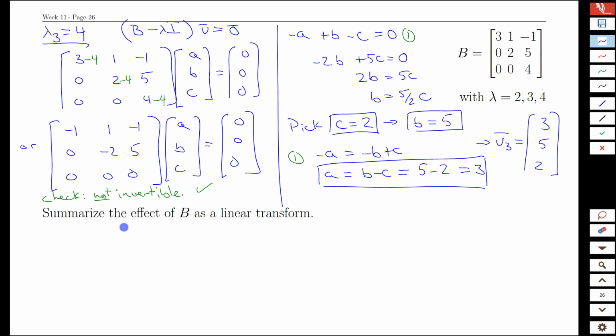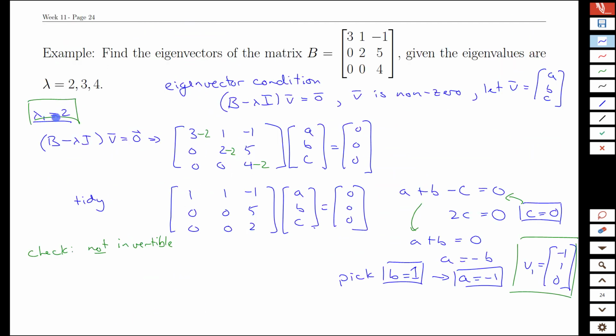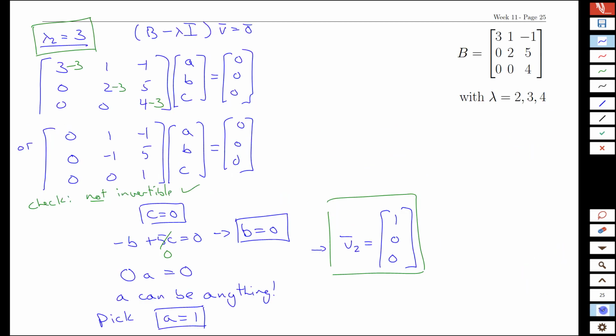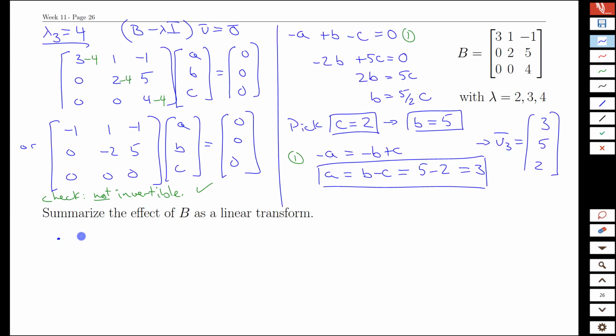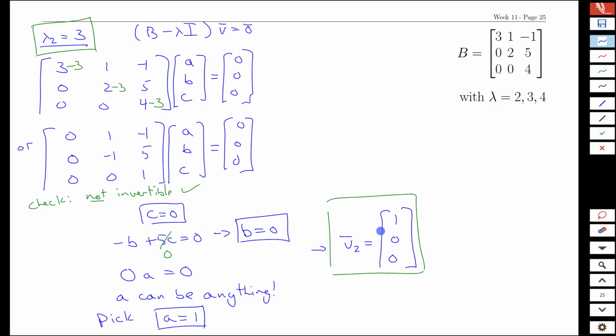Now to close off, we'd like to summarize the effect that B has as a linear transform. Looking at this matrix again, to the naked eye, it's not obvious what these 9 numbers mean altogether. However, we found that we can summarize it quite nicely. Looking back at this first calculation, any vector along the direction of negative 1, 1, 0 will be scaled by a factor of 2. So it scales v1, negative 1, 1, 0, by 2. It also scales v2, which was our very simple direction, it was just 1, 0, 0,